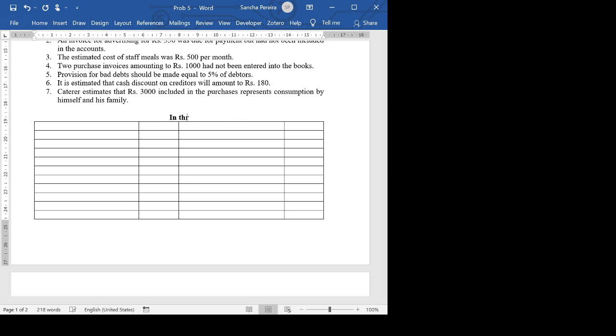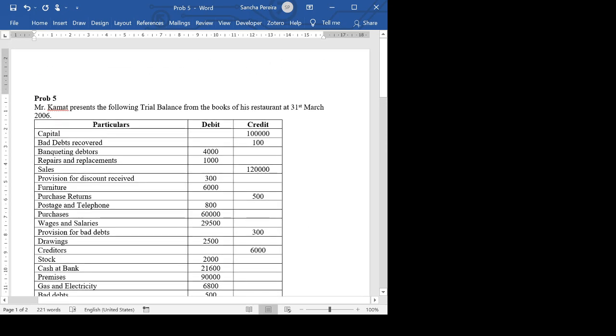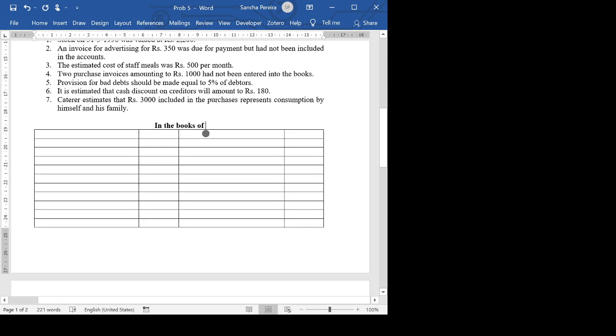In the books of Mr. Kamath, they've not given the name of the hotel. In the books of Mr. Kamath,